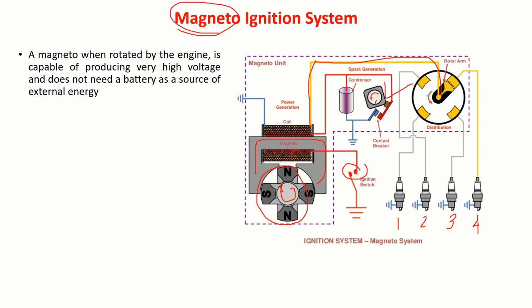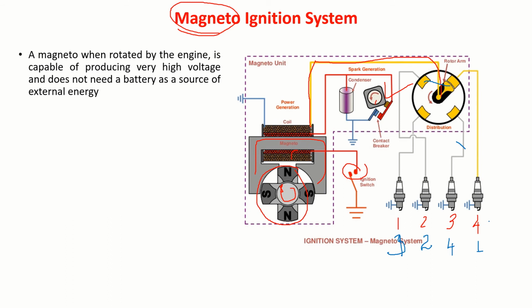Now, let us say it makes a contact with this. Okay. Or it makes a contact with this. To whichever direction, assuming a rotor is rotating in this direction. Let us say it has fired 4. Then this fellow, sorry, here it will come here. It will fire 2. Then it will come here. It will fire 1. Then it will fire here.